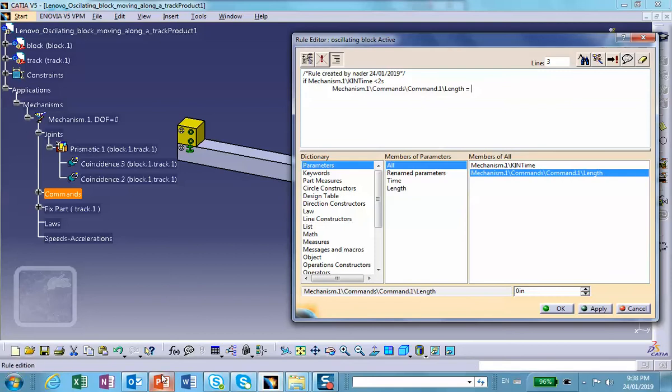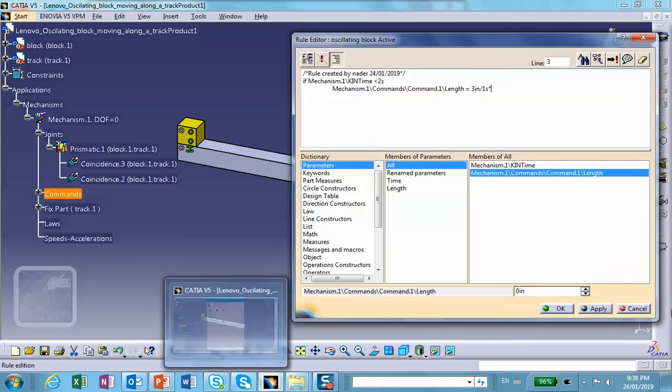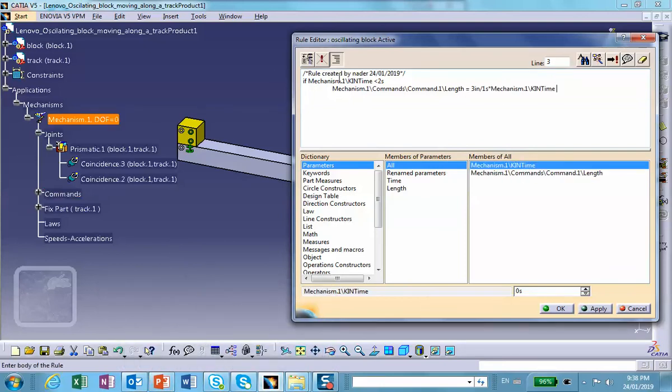Now what was it? It was 3 inches divided by 1 second times time, the variable time. Left side is inches, right side is inches. Okay. Notice that I'm not using any parentheses. In the previous tutorial, I put parentheses here and put these things in braces and things like that, which is not necessary. Else, if the time